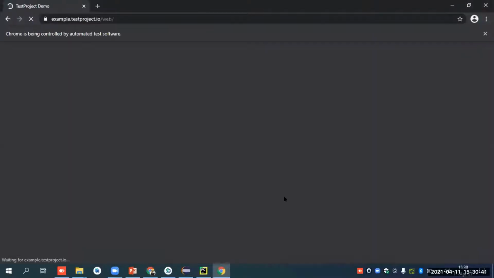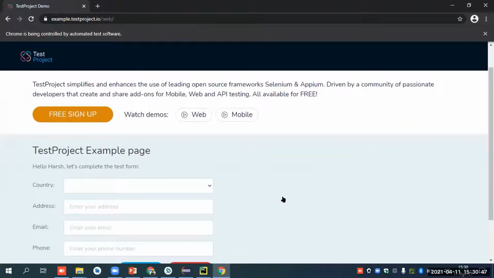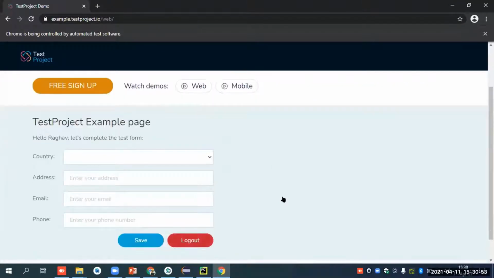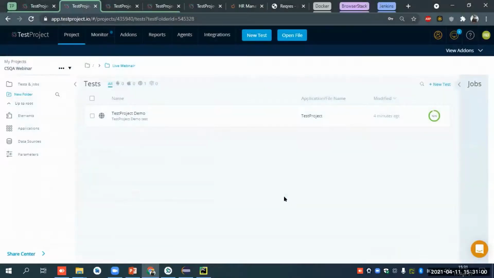A new window has been opened. The first with the second entry, with the third entry.